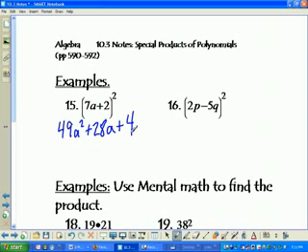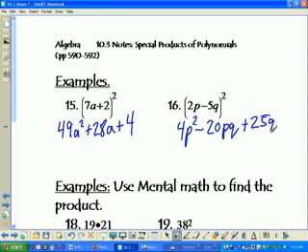Now, let's take a look at number 16. It's almost the same thing, except notice there's a minus sign. First term squared, 4p squared. 2p times 5q is 10pq. Double that, 20pq. Since I'm subtracting in the binomial, my second term is subtracting, plus 5q squared is 25q